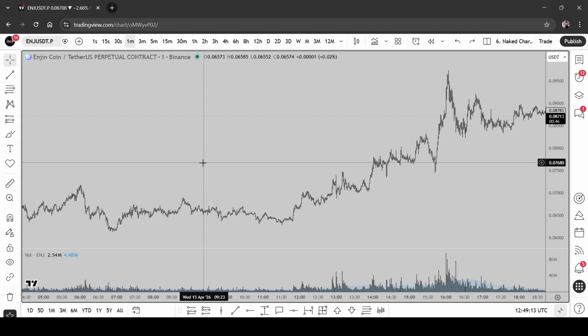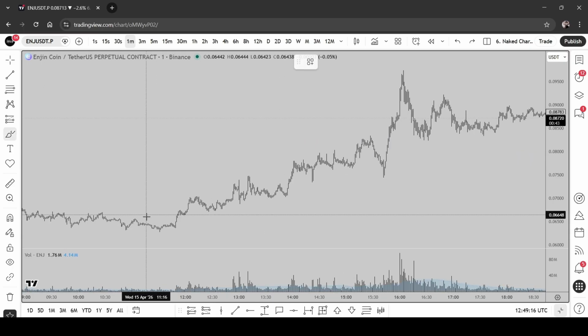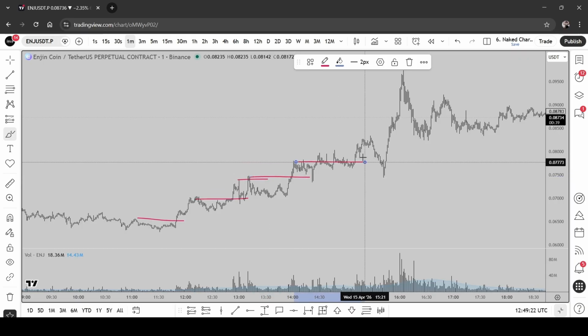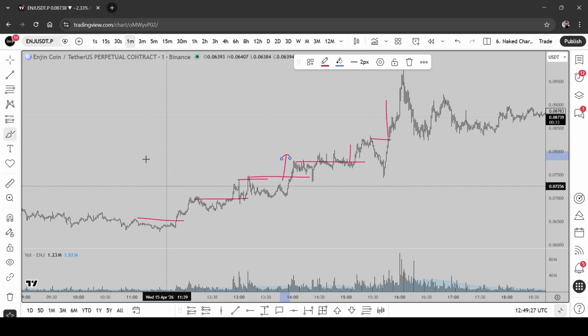Here's another example with ENG. So again, let's look at the price action. How is price behaving at these highs? It is pretty much breaking through every single one cleanly. So, a very strong bullish trend. Look at the volume